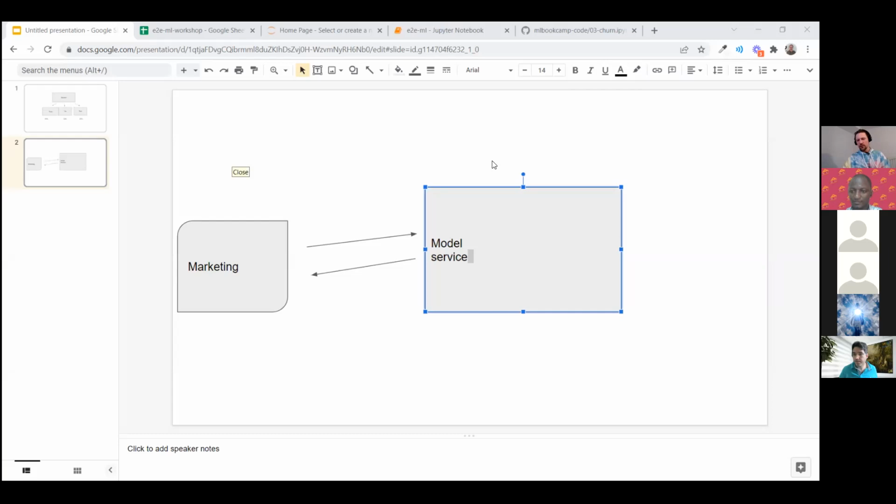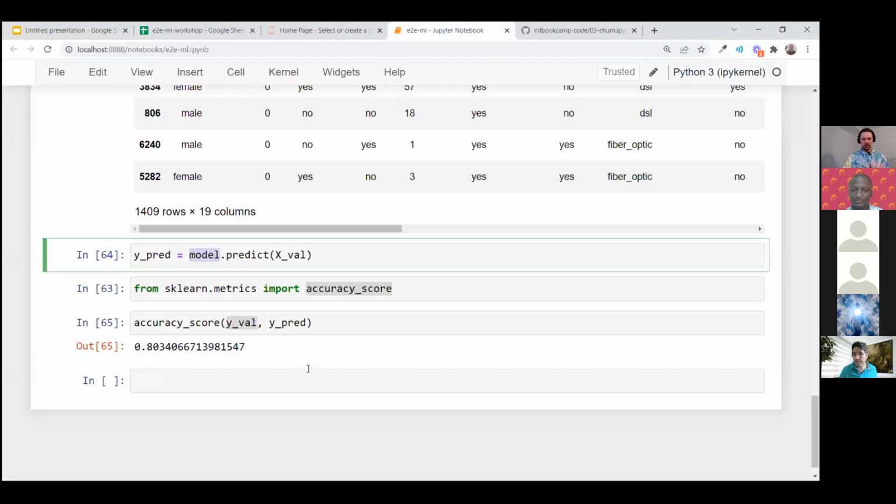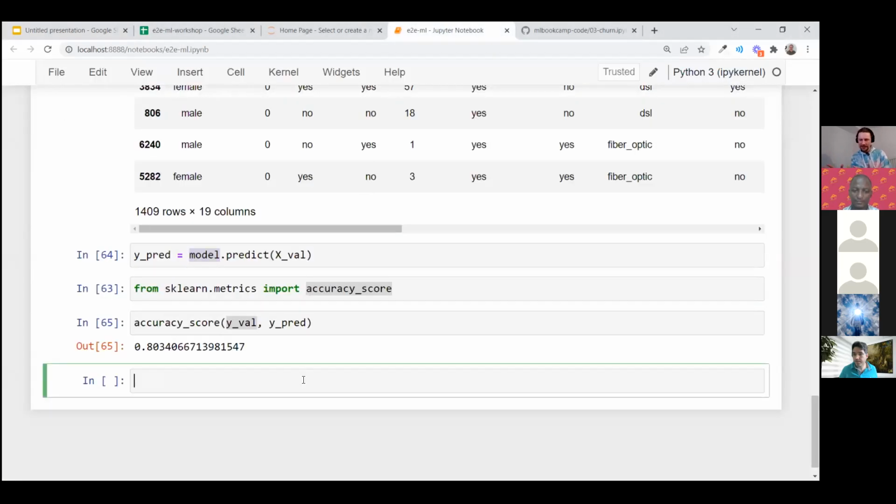Thanks for asking. To be honest, I thought we have more time than 1 hour. I thought we have 2, because this is how much time I have in the invite. But what I want to do right now is quickly show you how we can deploy this model. I probably will not be able to cover the entire process of deploying this to the cloud, but at least I want to show you how to package it with Docker, put this in Flask, and if we have time, put this to Docker.